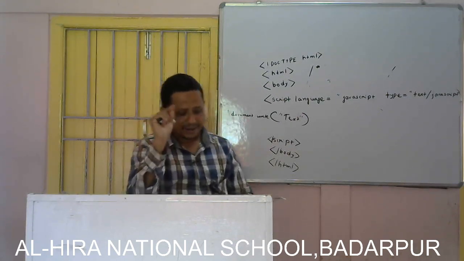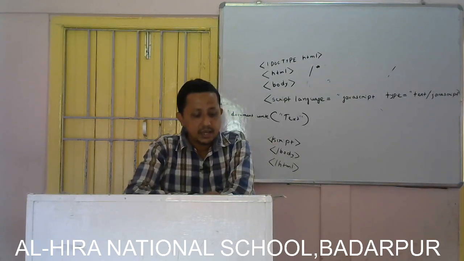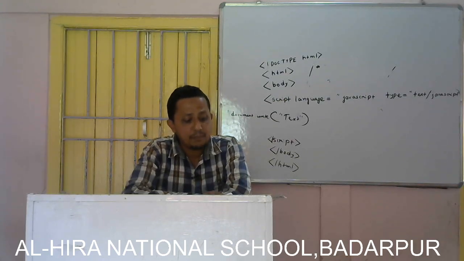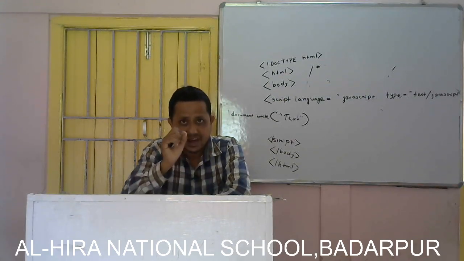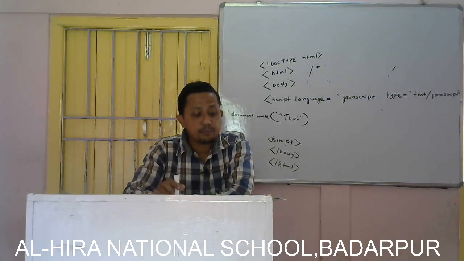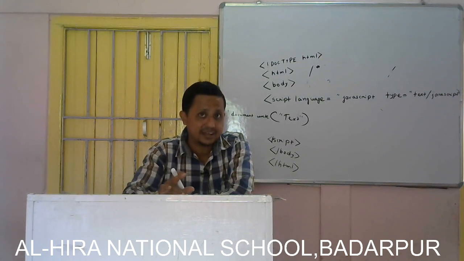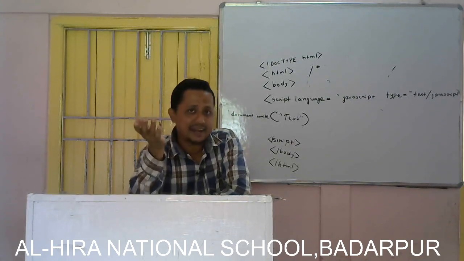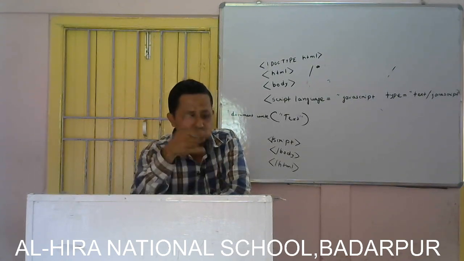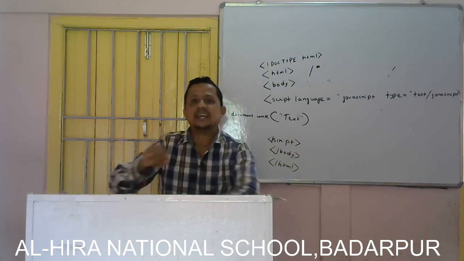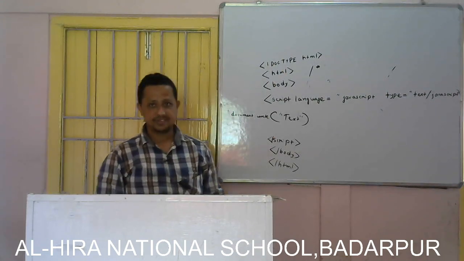In your book, page number 114, you can see figure number 6.4. The program is there. Here var roll number is equal to 453. Var means variable, roll number is a variable, and its value is 453. Then var pass is true, and var name is Monica Kaur. Monica Kaur is a string. As you remember, there are three types of data: text, number and boolean. So all three are used. 453 is a number, true is a boolean, and Monica Kaur is a string. And a string we write within inverted commas.